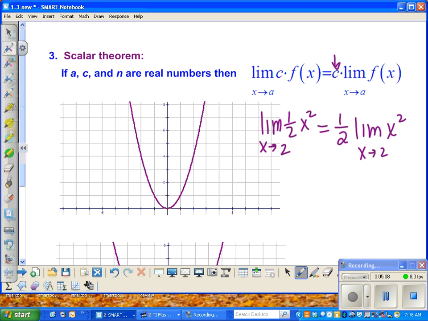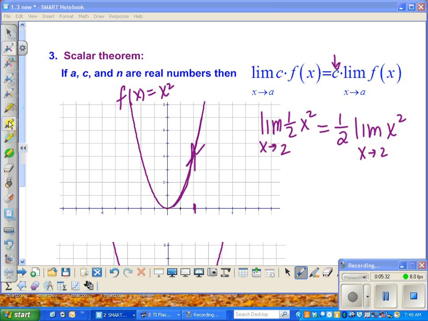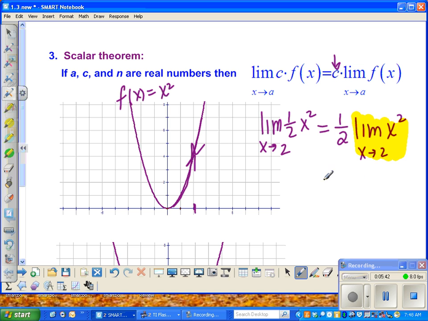So what I want to show you is that this is right, that this works graphically. By the way, this happens to be the graph of x squared. So if I want to approach 2 from the left, what are my y values approaching from the left, Corinne? And if I approach from the right, they are approaching. So if I want to do this limit right here, what is that limit? We approach from the left, it was 4. We approach from the right, it is 4. What is that then? This limit is